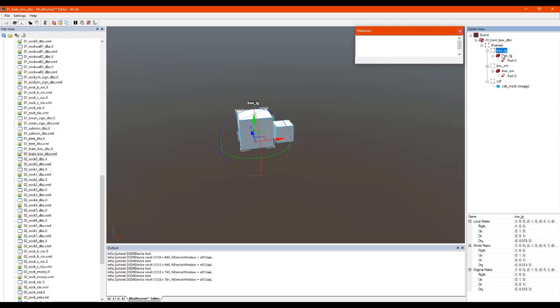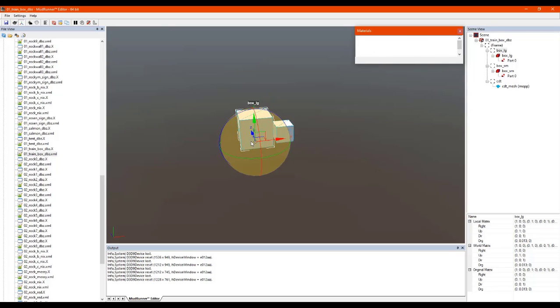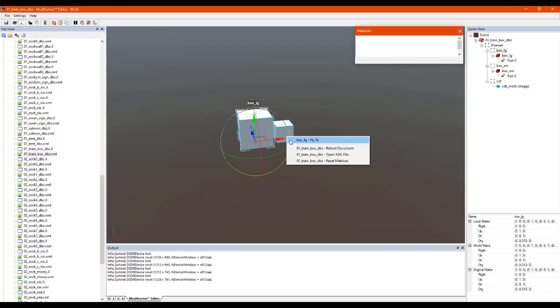Because what we're about to do is start applying the texture to these boxes. In order to do that, the game uses an XML code. Right now you see that I have blank, no materials. I just got a white box. If I was to put this in the game, it'd have a white box. We don't want a white box. We want a cool looking box. So what you got to do is add your material, and that is done by opening the XML